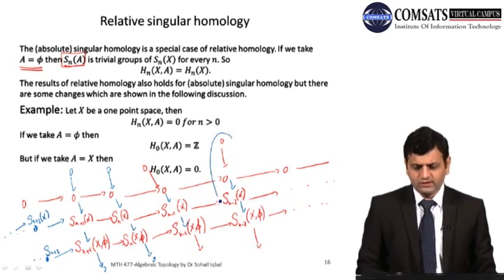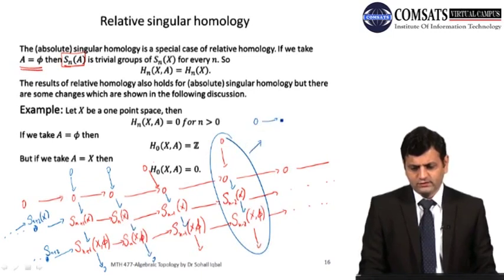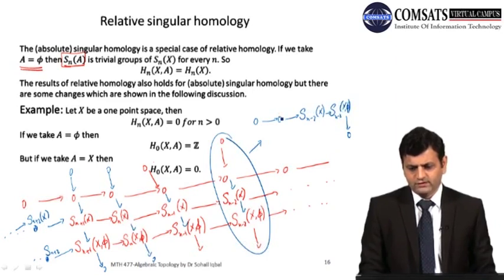Now if this is a short exact sequence and we have 0, 0 and S_n(X), S_n(X, φ), let's consider this: 0 goes to S_n(X), which goes to S_n(X, φ), and this goes to 0. So this is a short exact sequence, so the image of this must be equal to the kernel of this. The image of this is 0, so the kernel of this must be equal to 0. So in other words, this is 1 to 1, and similarly the image of this must be equal to the kernel